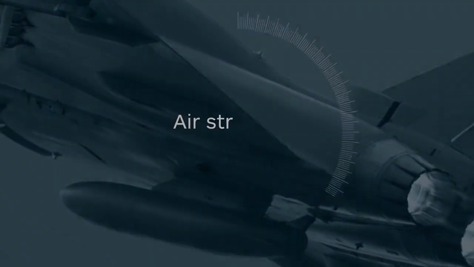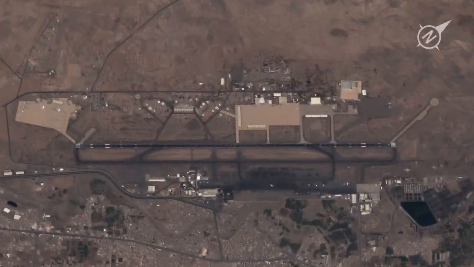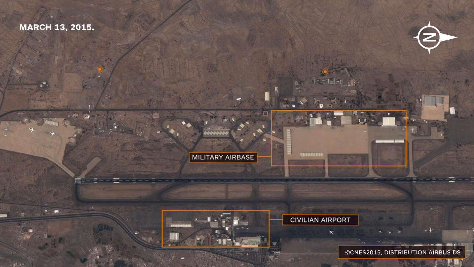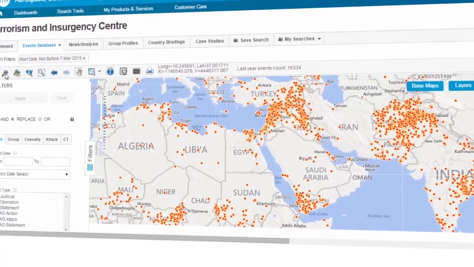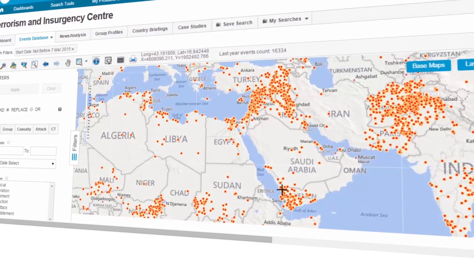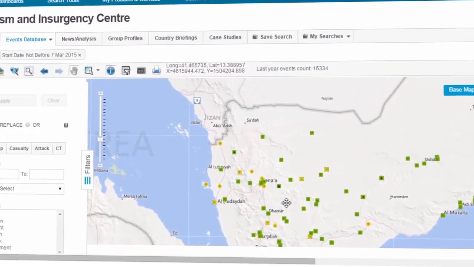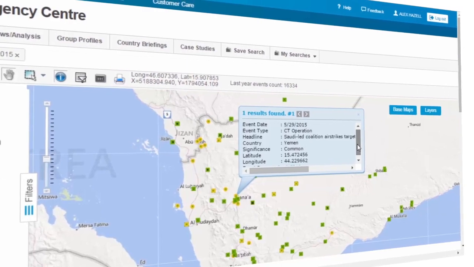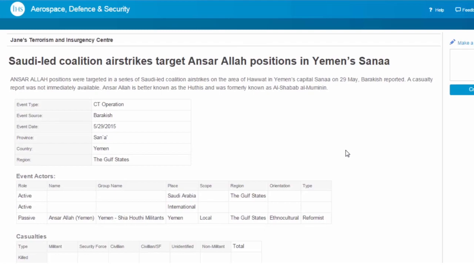that area. Then, to understand the airstrikes on strategic targets, we utilize Airbus Defense and Space's satellite imagery. We now start to see the effects on the civilian airport and military airbase strikes. We then look to understand the counter-terrorism activity in this area to see where there have been strategic airstrikes from the Saudis. The yellow dots on the map represent the counter-terrorism events, providing a detailed analysis of where these operations are taking place. By clicking on these events, we see that the Saudis have targeted the Ansar Allah positions in